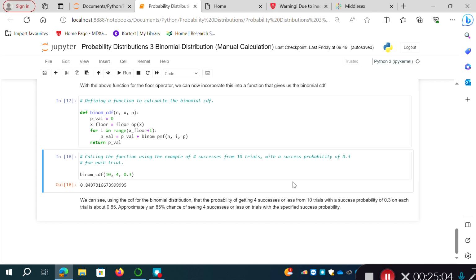So a couple more videos about the binomial, including one where I'll simulate some data that follows a binomial distribution. I'm just going to change that because I can see there's an error and